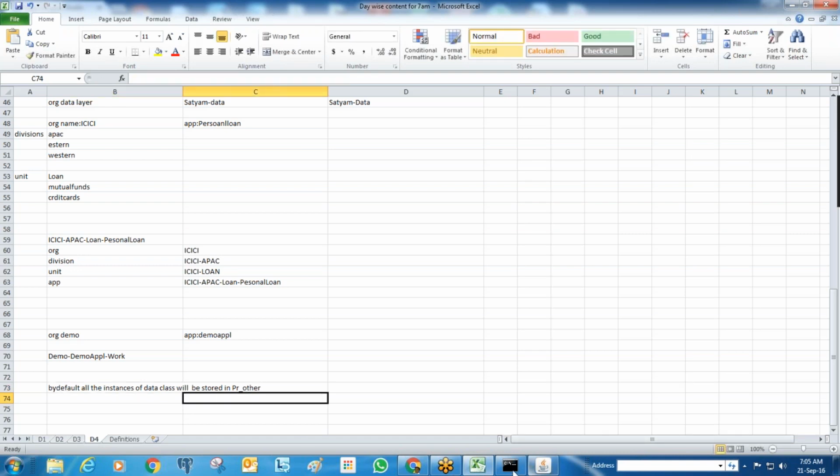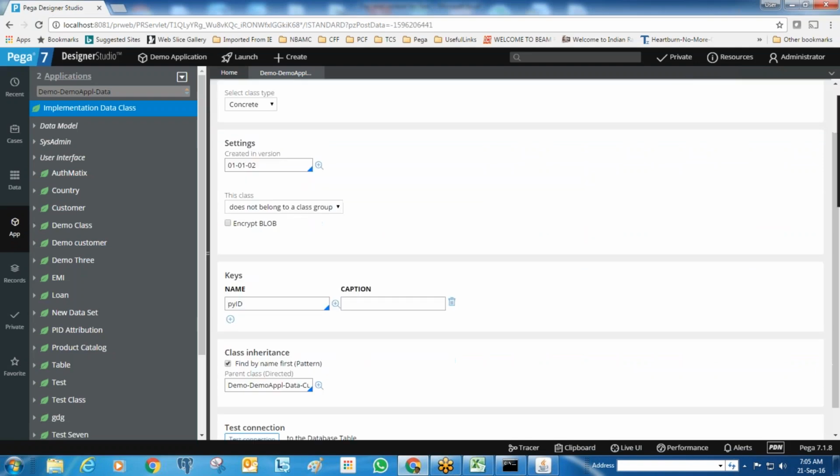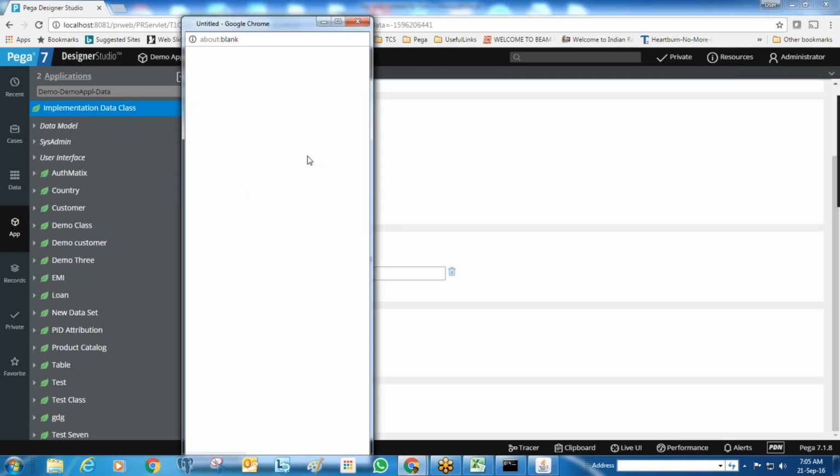This is the default table. So let's see that. I can use test connection.